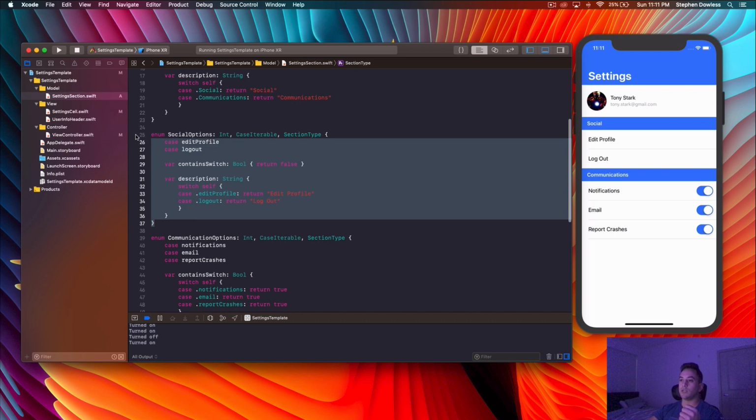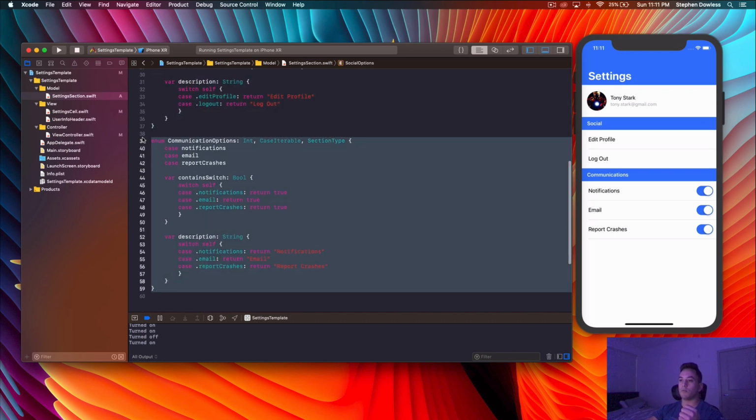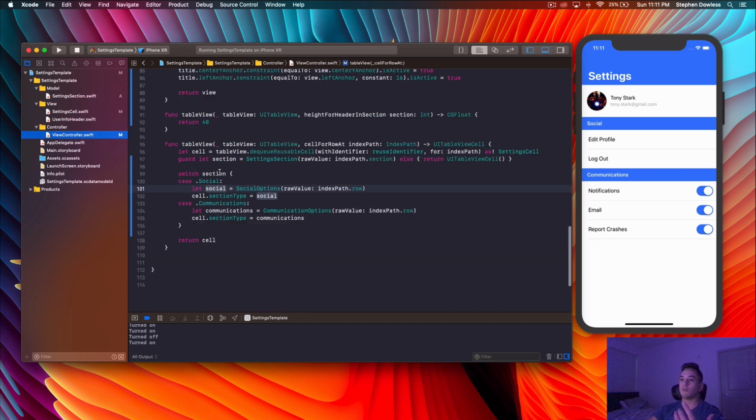And because these two enums conform to that protocol, we are able to set that variable. When we say cell.sectionType equals social, because the social options enumeration conforms to that protocol, we don't get any problems. Again, this social enumeration is the edit profile and logout guy, and the communications guy here is where it really matters. Because we create this communications option enumeration based on what cell we are looking at, whether it's